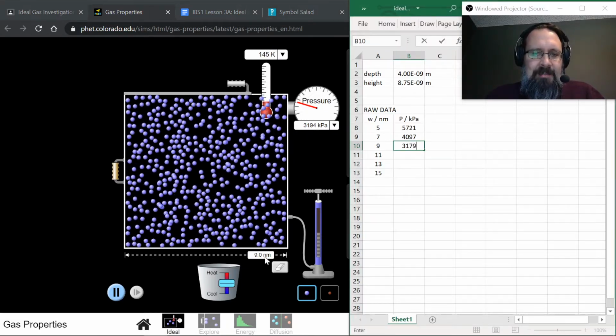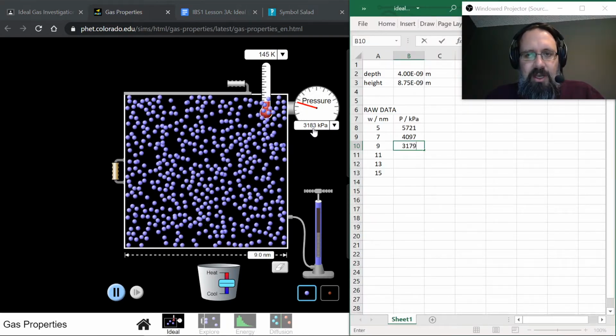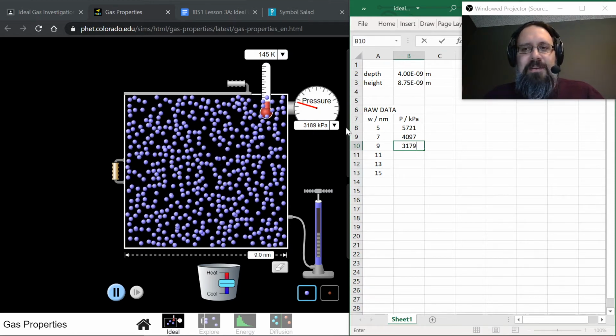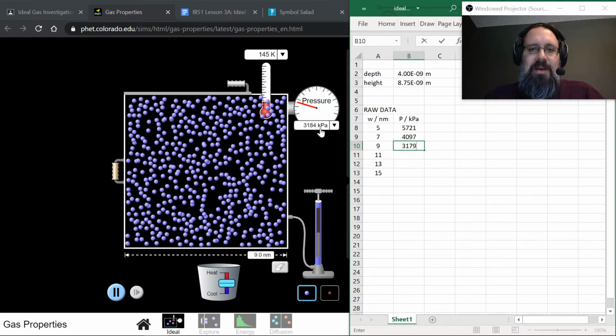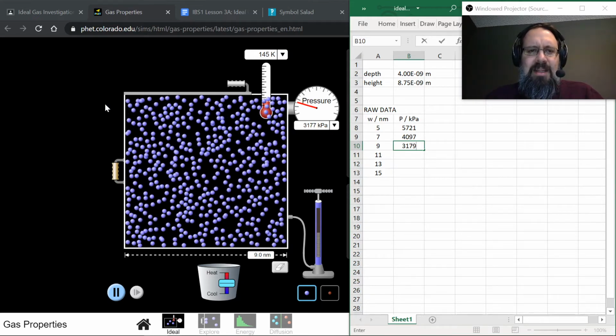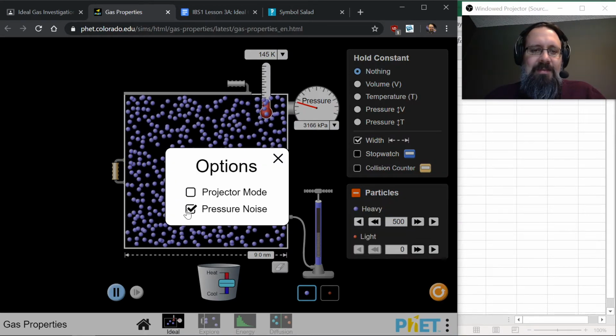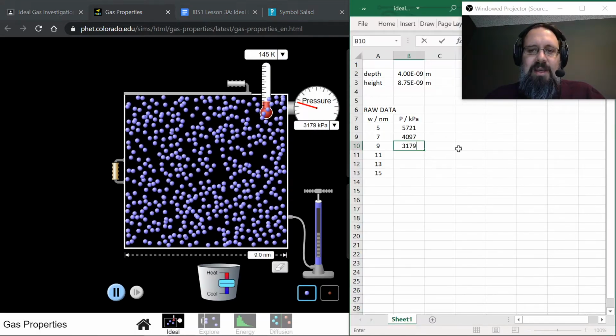So I'm at 9 nanometers. Okay, what is the pressure? What? It's fluctuating. What do I do? Well, then you'd have to estimate the uncertainty. You try to pick the average value that you see and then try to estimate plus or minus. We're not going to do that. So that's why we're sort of hacking the simulator here and turning off the noise so we get that exact